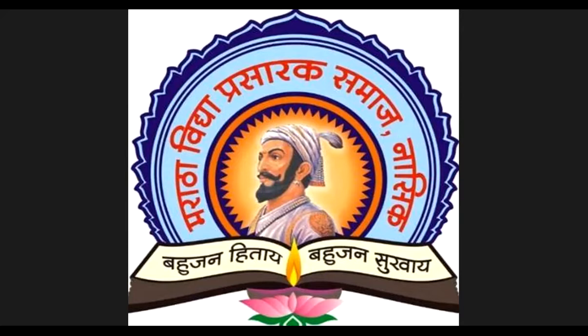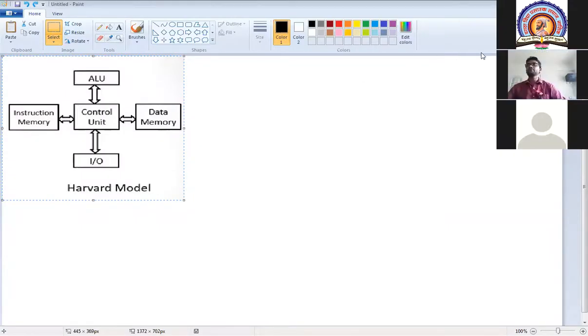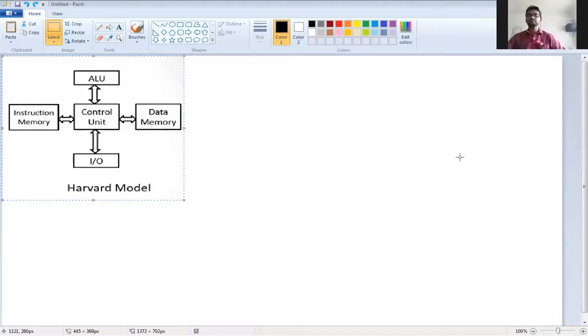As you can see, I'm sharing the screen now. On the screen, you can see the block diagram of Harvard architecture. The main control unit is your processor.